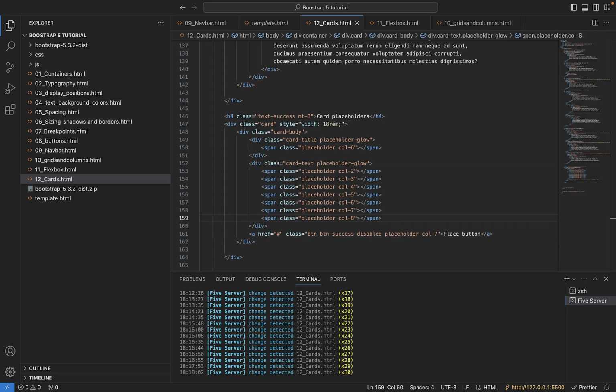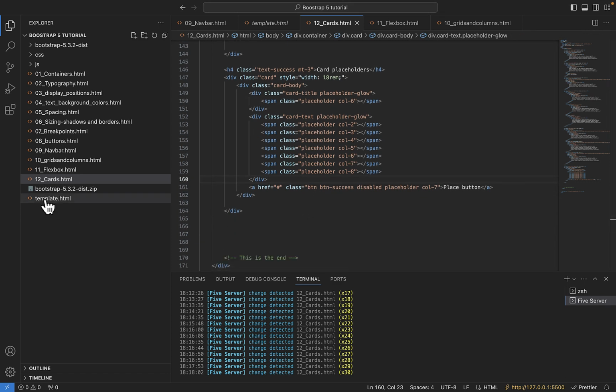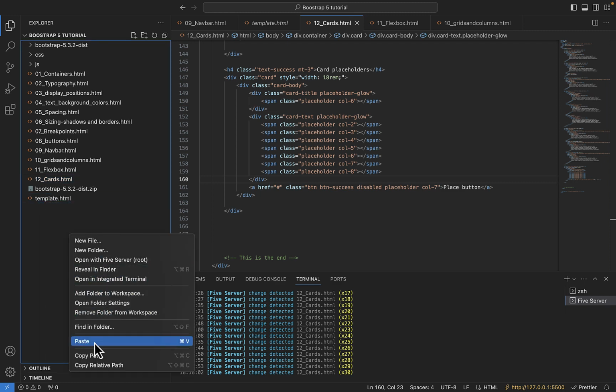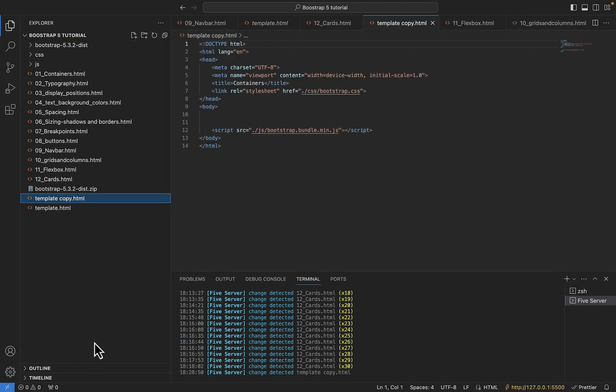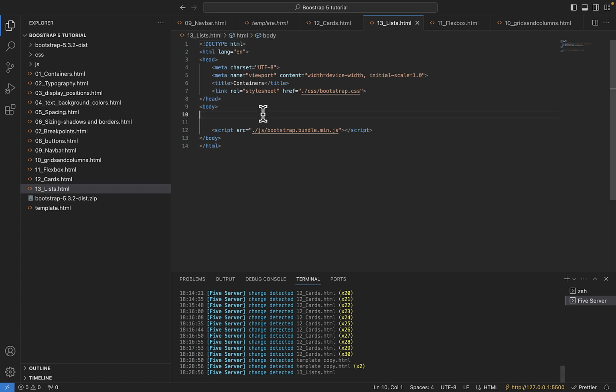So let's speak about lists and how Bootstrap handles the lists. First things first, let's create a new file. This is file number 13, lists. I'm going to rename it as lists, and as always create a container